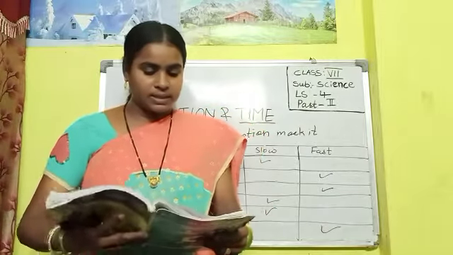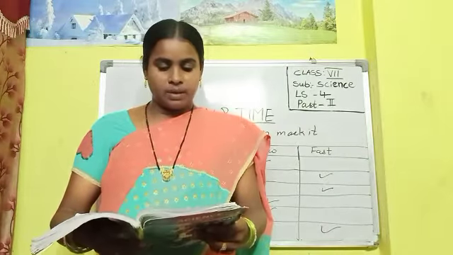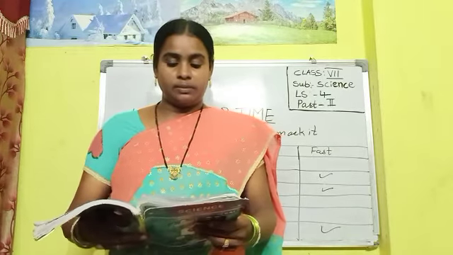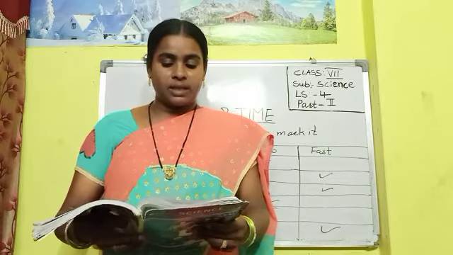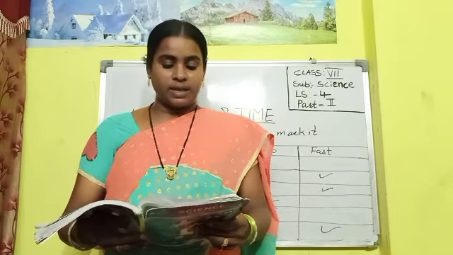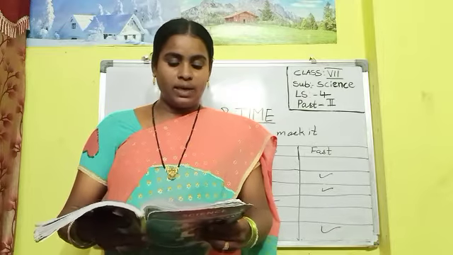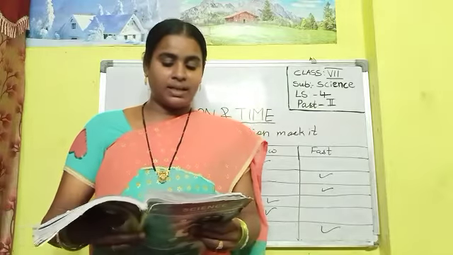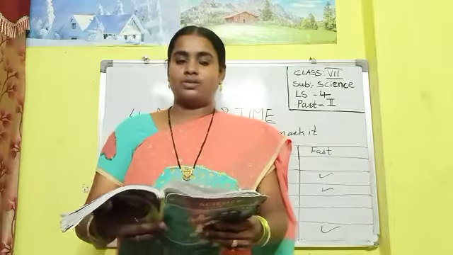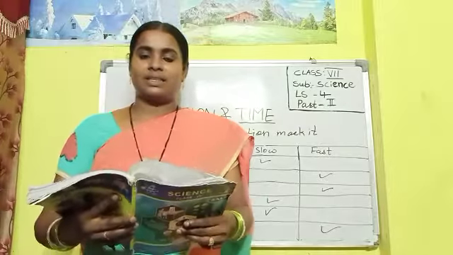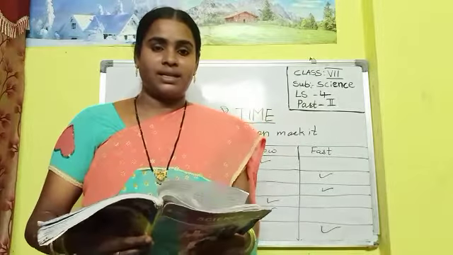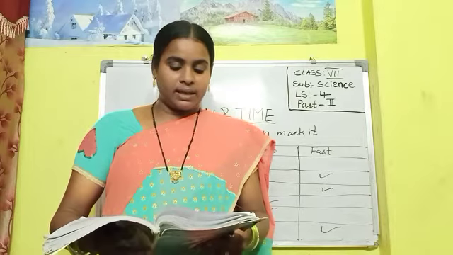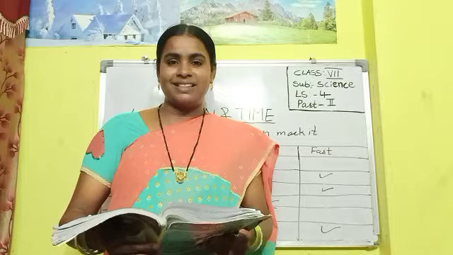Page number 38, see children. Ravi and Satish started for school at 8 a.m. from their houses, which are side by side. Ravi started on a bicycle and Satish by walk. Who will reach the school first? You tell, children. Ravi, okay, started with his bicycle and Satish by walk. So Ravi will reach first before Satish, because Ravi is going on a bicycle and Satish is going by walk. You can easily estimate that Ravi reaches the school earlier than Satish.